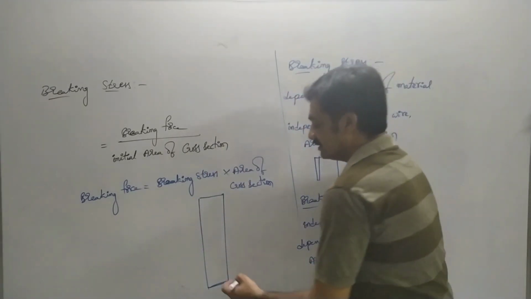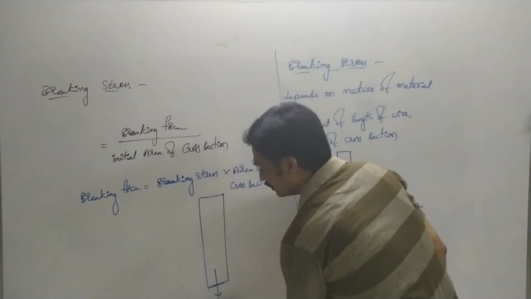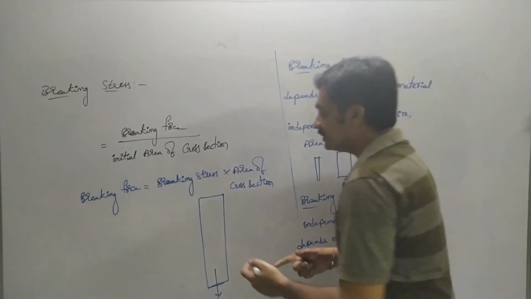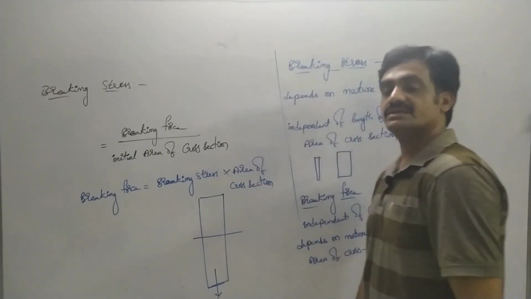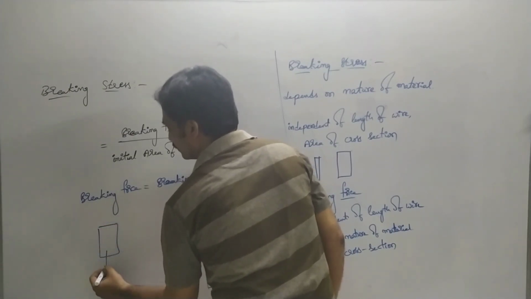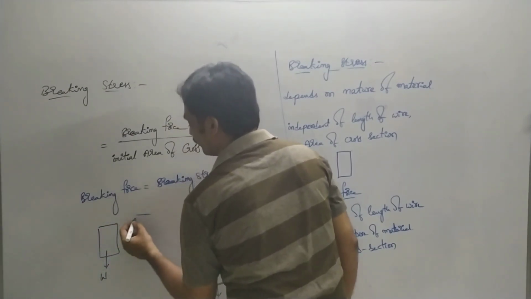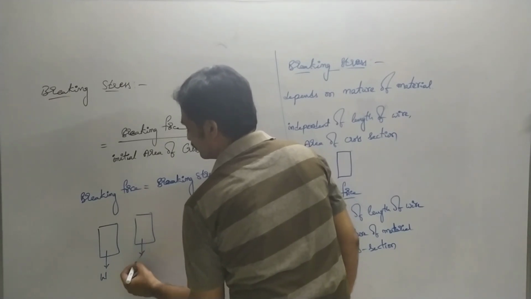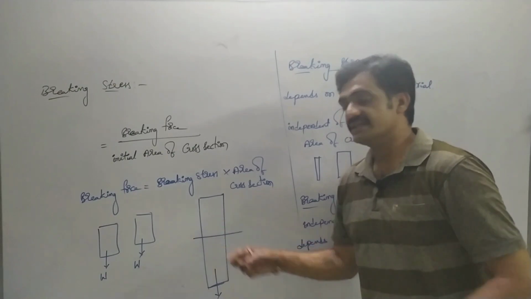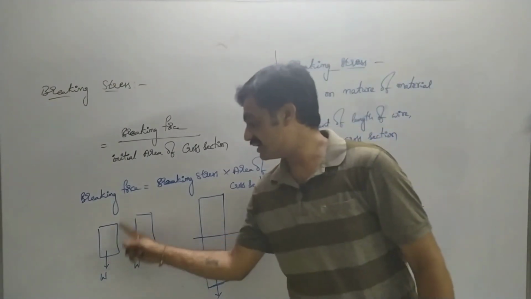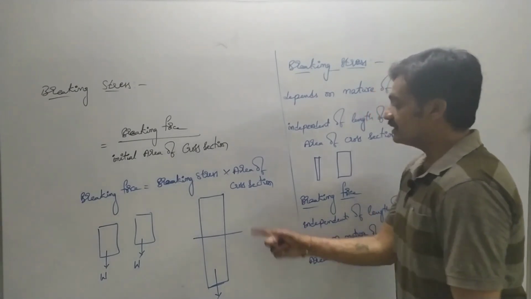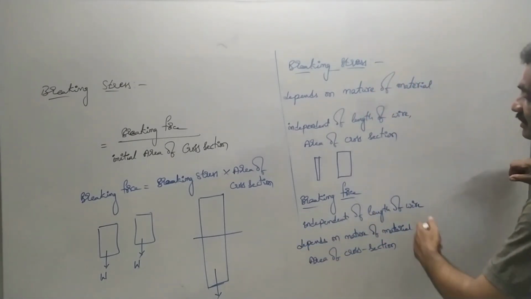If we consider this wire can hold a weight W in the downward direction. Now I am going to cut this wire into two parts. Then each part of the wire can hold the same amount of weight in the downward direction. Since the wire is cut into two parts, each part of the wire can hold the same amount of weight. Now here we are going to represent one more condition.